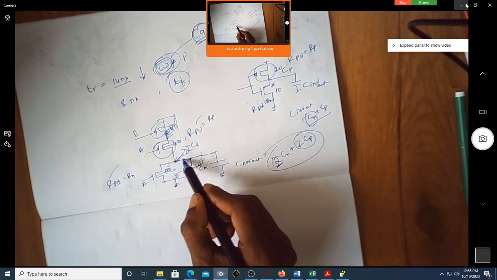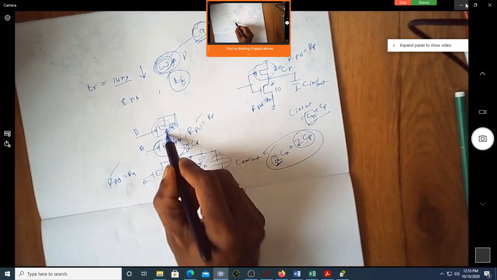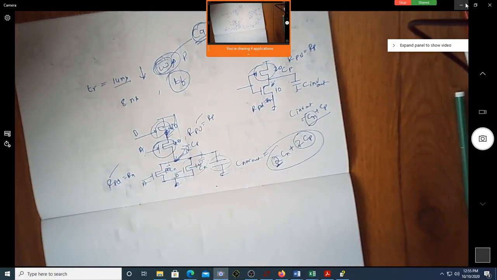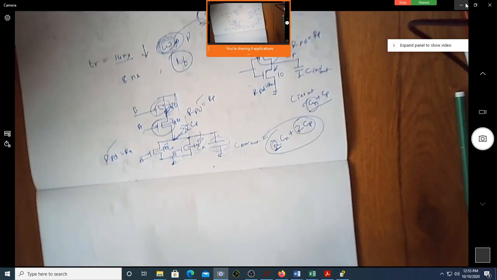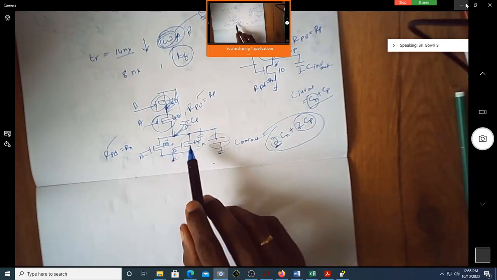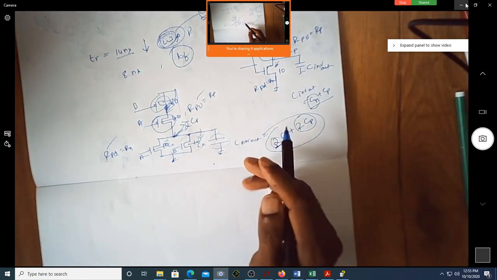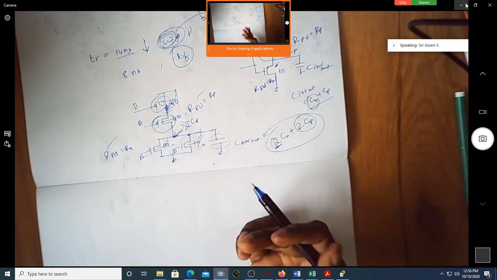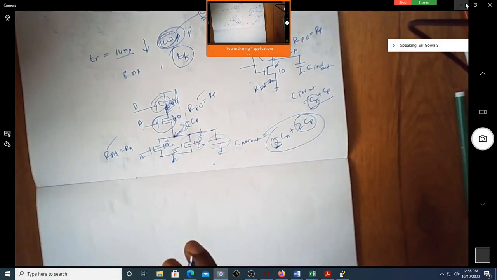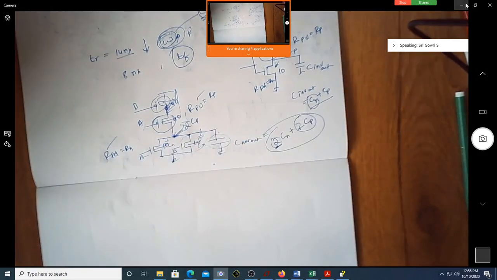Because we are looking at the capacitance at this output junction, and this is a different junction. That's why even if you simply double the dimensions as per your requirement, because of the capacitance value you may not exactly get the same rise time and fall time. If you want to still get the same rise time and fall time, you may have to slightly change the W of the transistor so that you can get it close. So getting the point now?